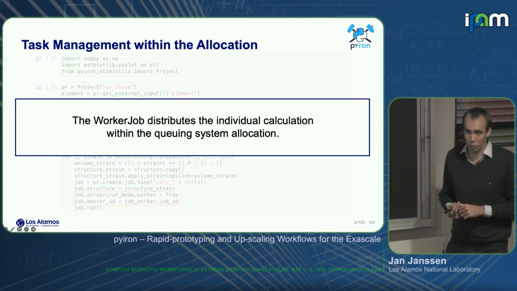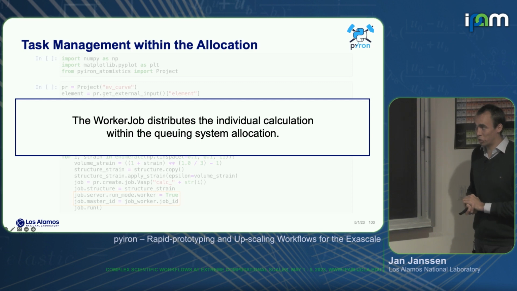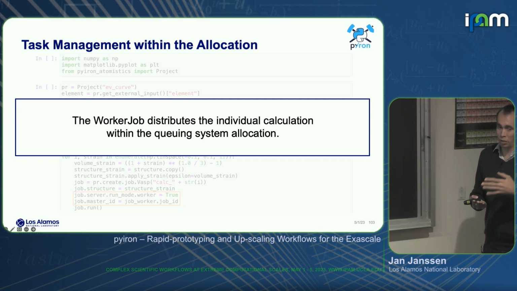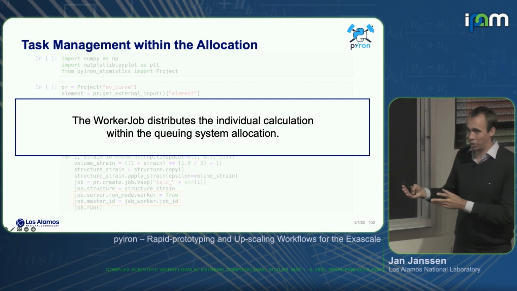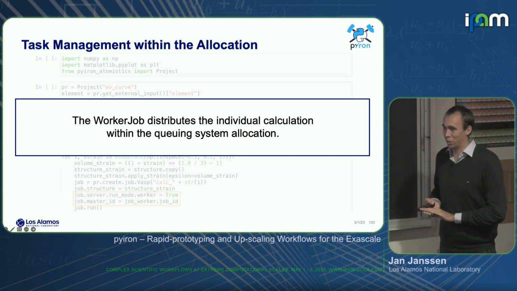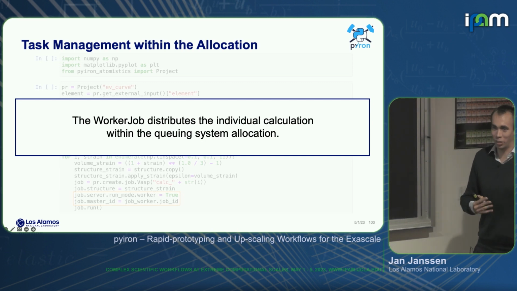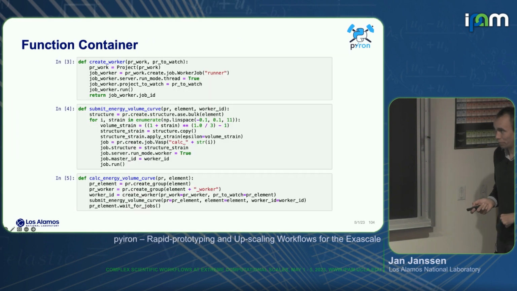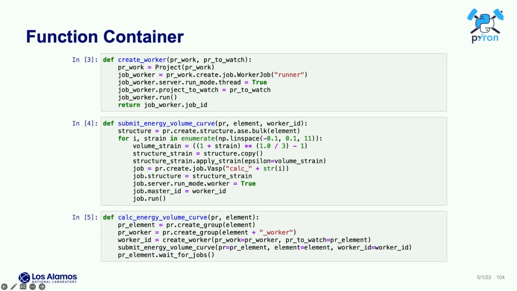It was in particular helpful when using larger systems like the NERSC system, where only your jobs accrue wait time while they're in the queuing system. It's very helpful to have this kind of tool to really submit a larger allocation and then within this allocation distribute your workers. And so then we moved on and really tried to bring it all into one Jupyter notebook again.